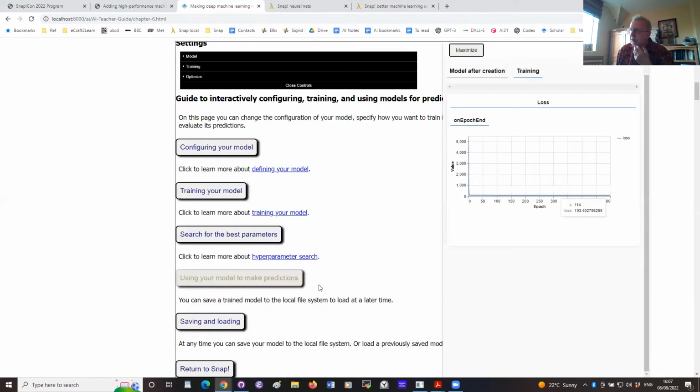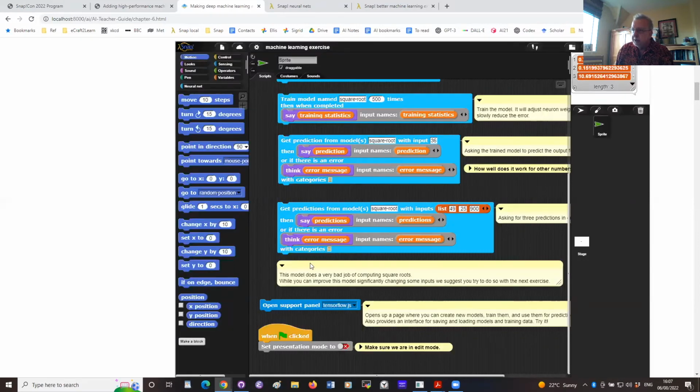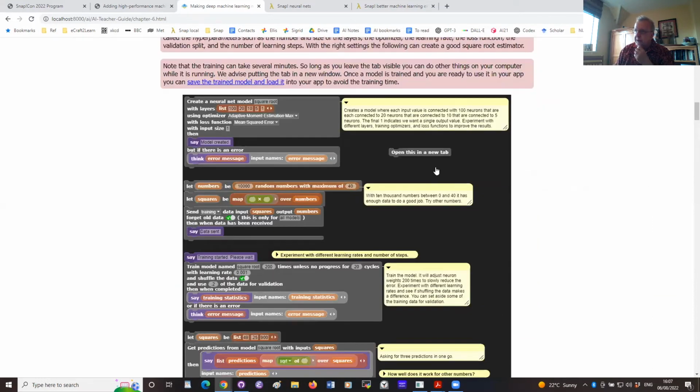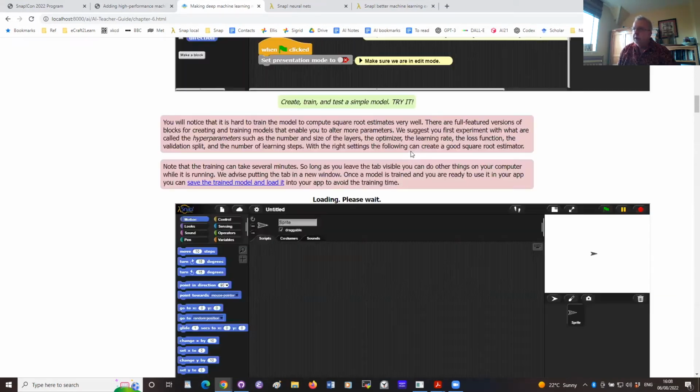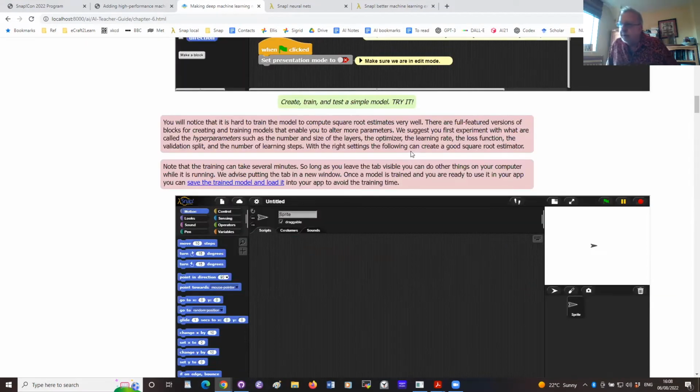So if we look at this, I think it's finally finished. 500 learning steps, but it wasn't making much progress after the very beginning. So this was, as it says here, doing a really bad job. Can you improve it? A student could fiddle with this, but then the next exercise is the one where I spent some time trying to come up with better